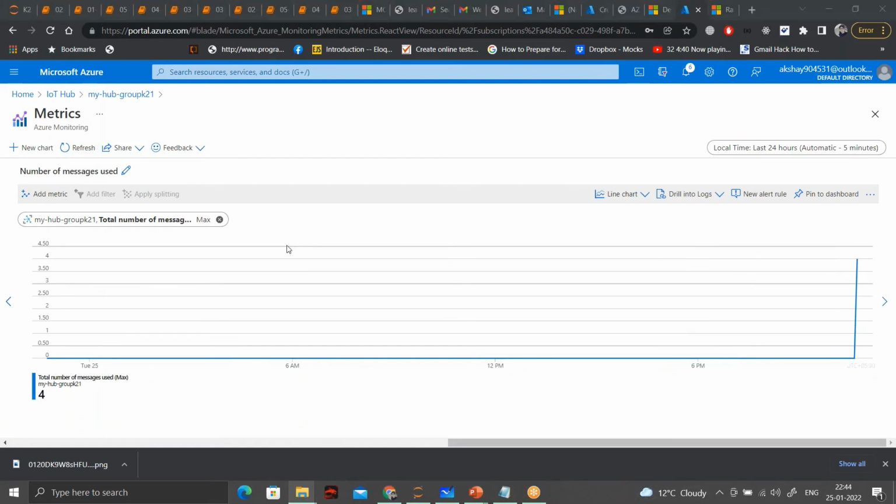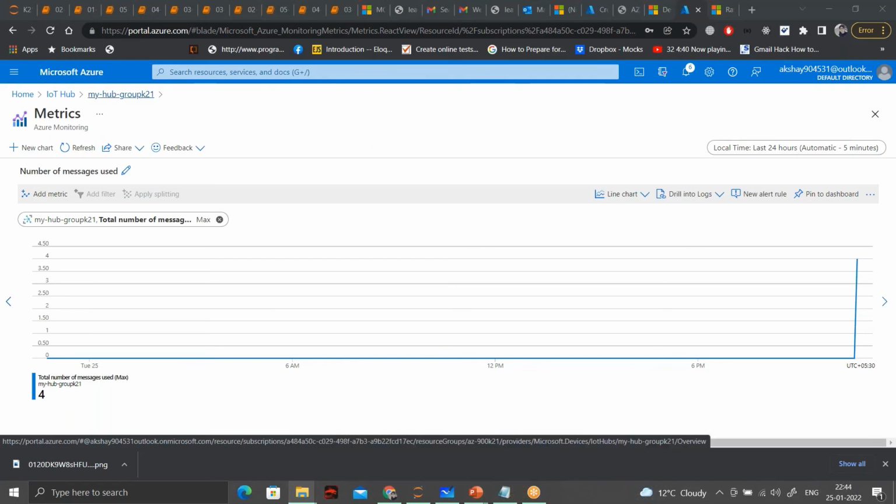There are various services also where you can directly get those messages that were sent onto your Azure IoT hub in a storage account like the one we created. Once you get that data there, you can use that data for any analysis purposes.